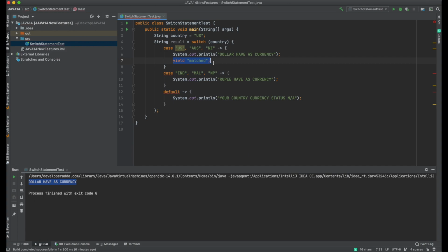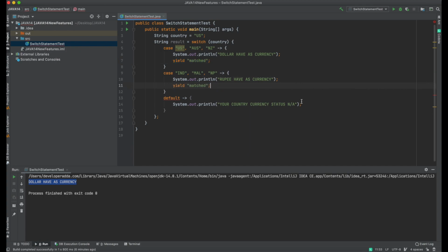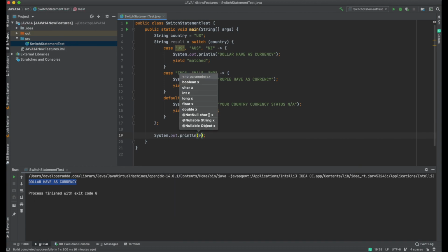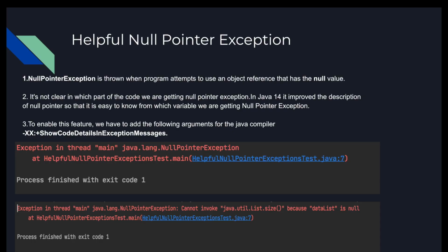Now I will write yield in each and every case. Yield matched, and in default yield not matched. So let me print System.out.println result. Let's run it. So guys, this is about the Java 14 switch expression.